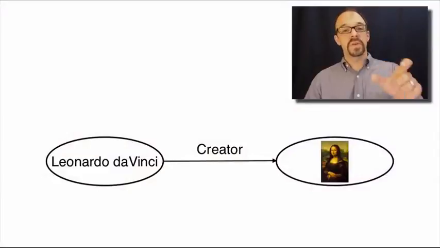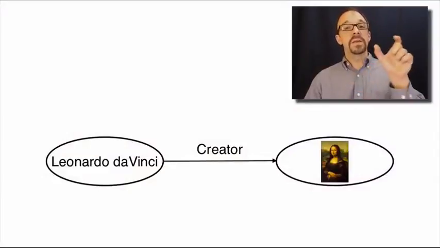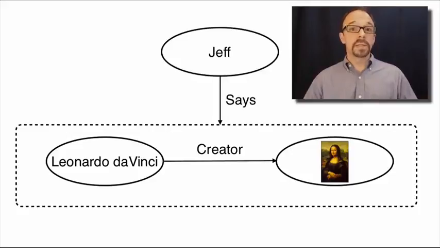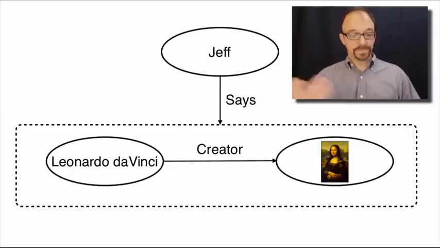Now remember, in Unit 4, I used the example of the Mona Lisa, and here's an element and a value. Leonardo da Vinci is assigned the value for the element creator. But says who? Well, says me. I say. Maybe you're querying some linked data set about the Mona Lisa, for example. So you also retrieve some metadata about me because I made the statement, I created the metadata record that says that Leonardo da Vinci is the creator of the Mona Lisa.